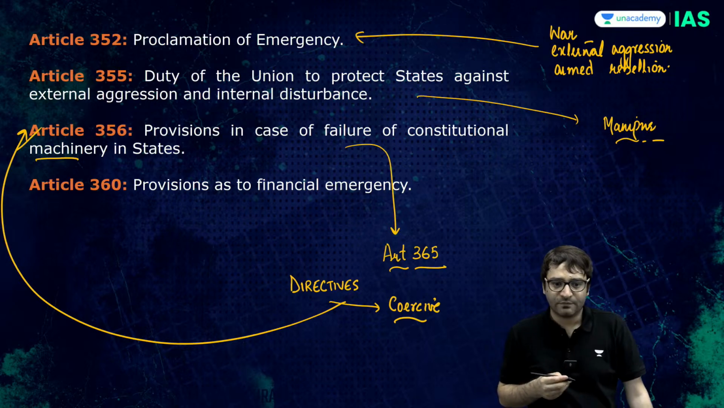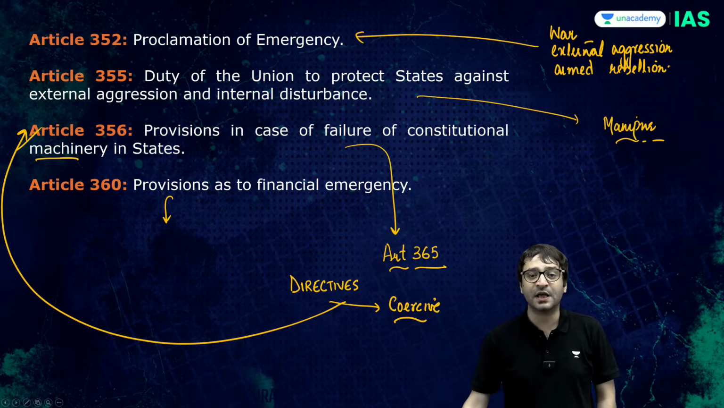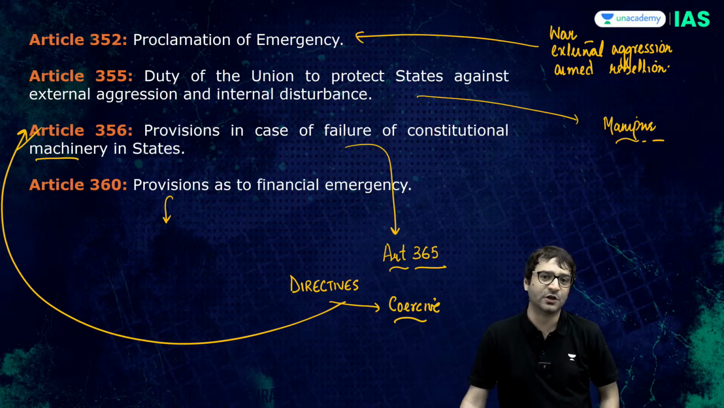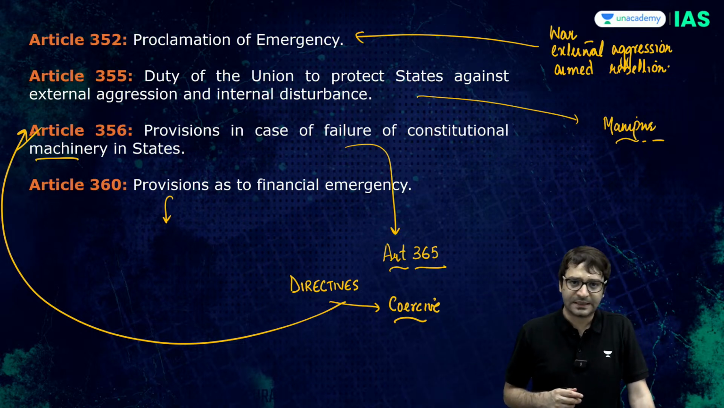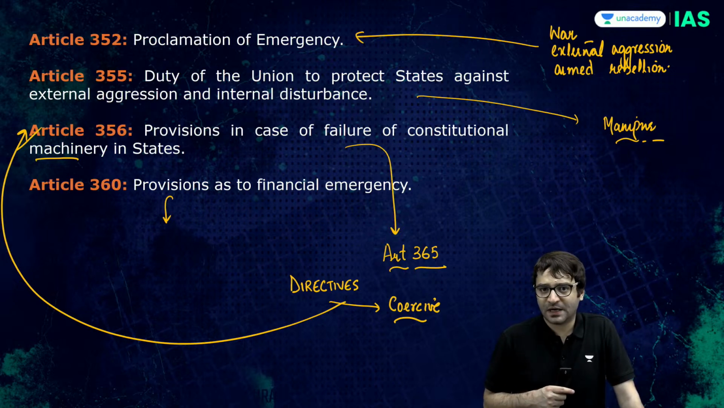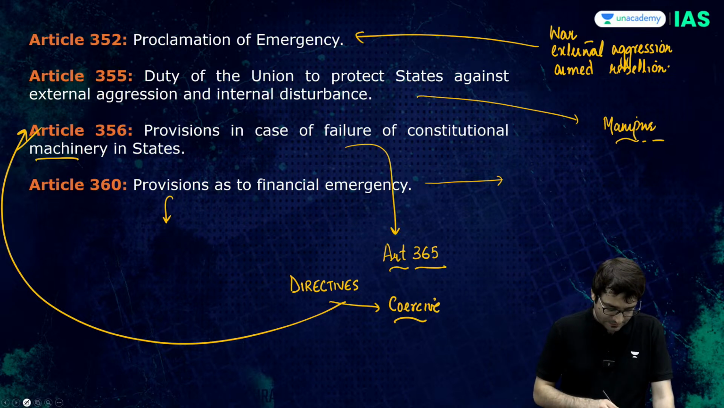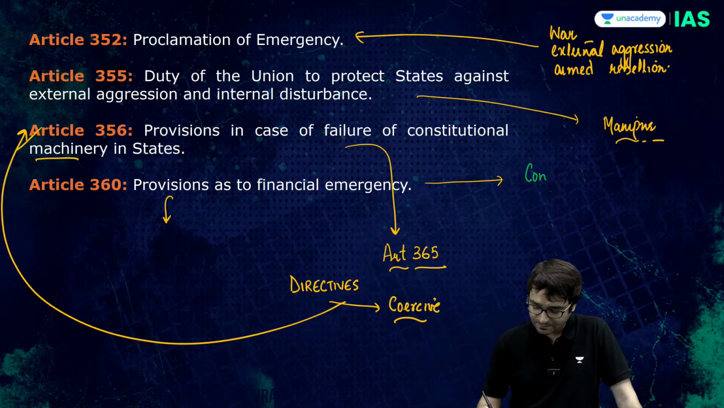And Article 360, which talks about provisions as to financial emergency. If the President is satisfied, when the financial system of the Union is under threat, when the financial credit or stability of the Union is under threat, the President can proclaim financial emergency. And once this financial emergency is proclaimed, then within 2 months, both houses of the Parliament shall have to approve this financial emergency by simple majority. And once both houses of the Parliament approve financial emergency by simple majority, then this financial emergency continues unless revoked